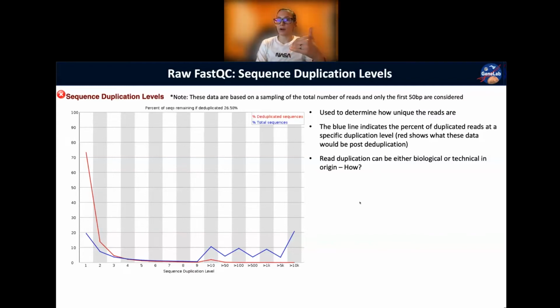Do you guys remember how? We could start with biological. How do you get a biological duplicate? Gene duplication. Yeah, or like overexpression of a transcript, right? So if you have multiple copies of a transcript in your original sample, if something's really highly expressed in one of your samples,